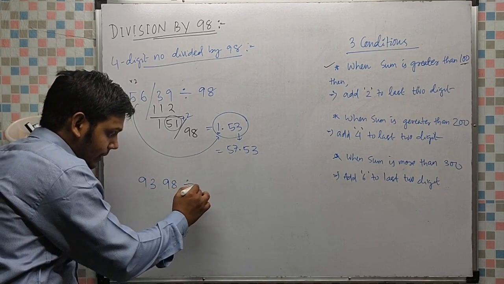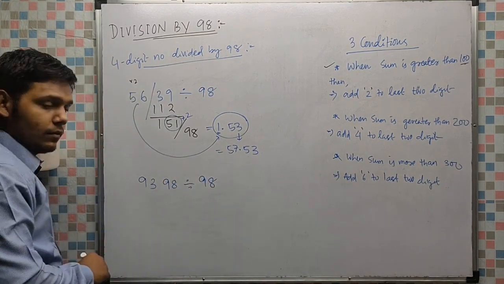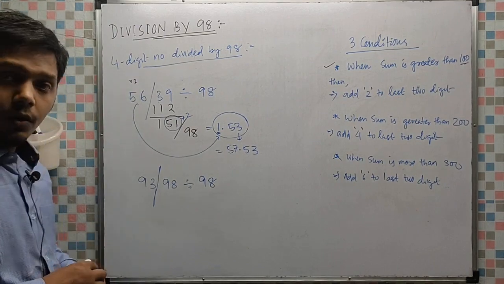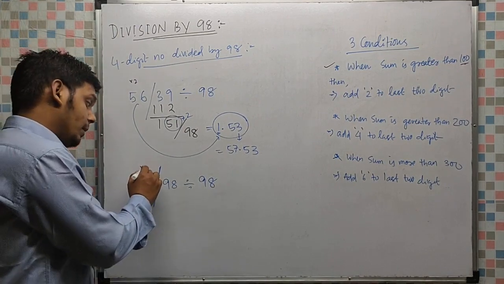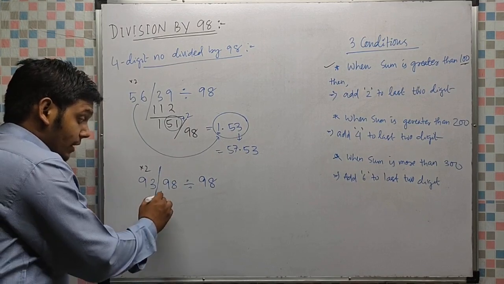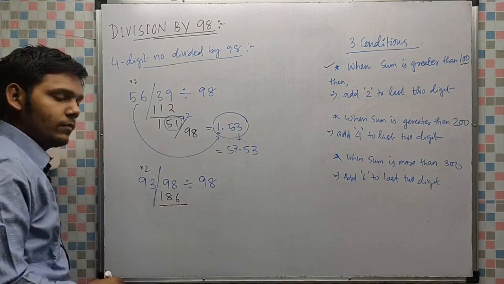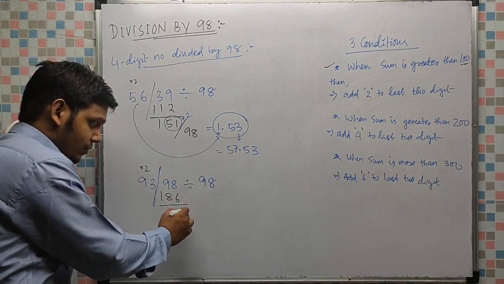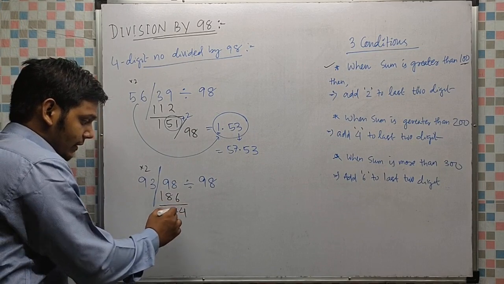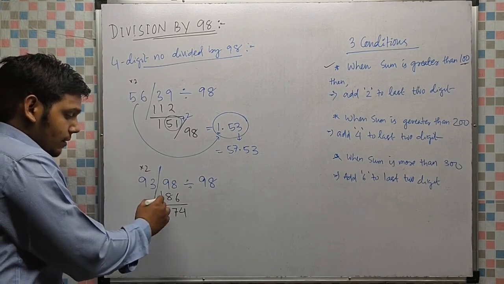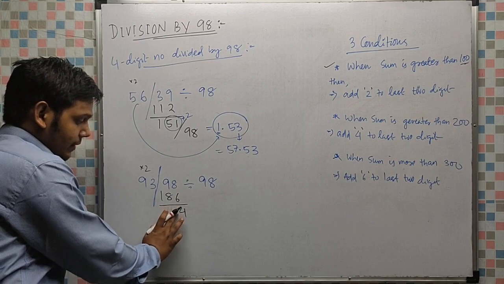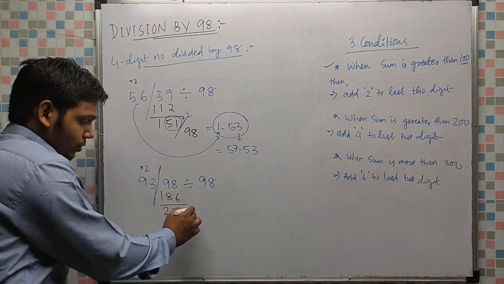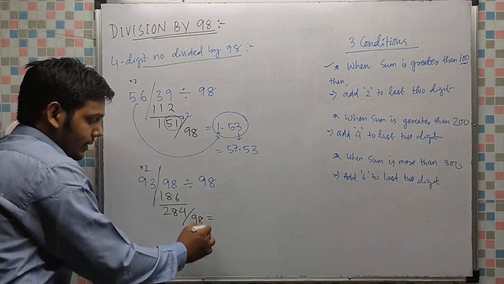9398 divided by 98. What we have to separate? The digits are separated. Now what we have to do? We have to multiply 2. That is how much? 186. Clear? So now what we have to do? 8 6 14, 8 9 17 and 8 6 14, 8 9 17, 1 18 and 1 1 2, 284 by 98.